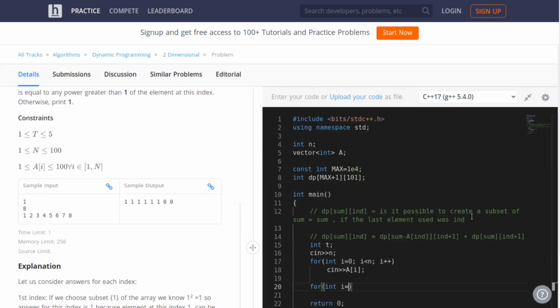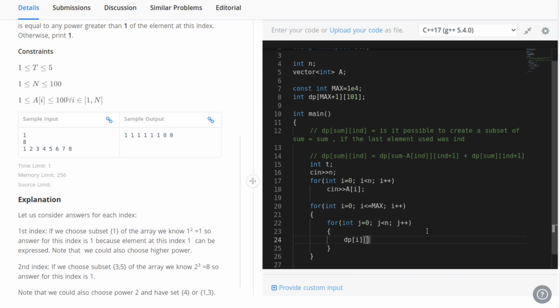For int i equal to 0, i less than or equal to max, i plus plus, and we define j for the inner variable: for int j equal to 0, j less than n, j plus plus, dp of i j equals -1.